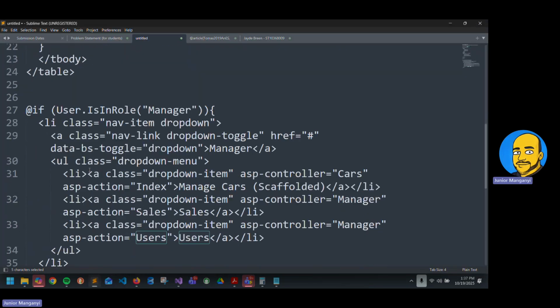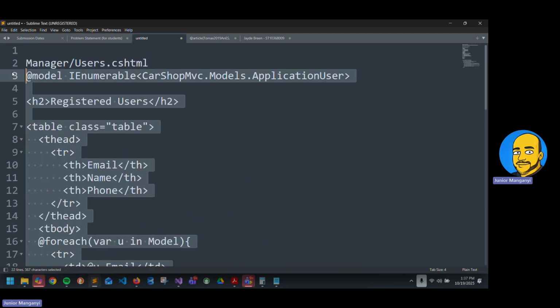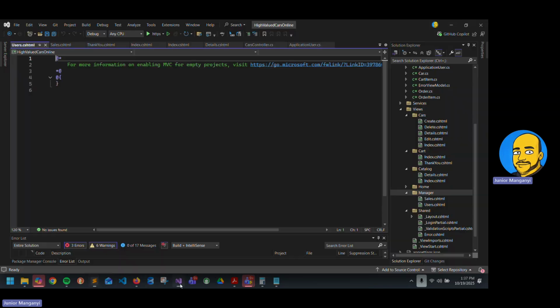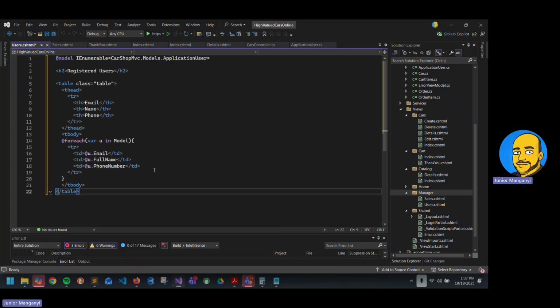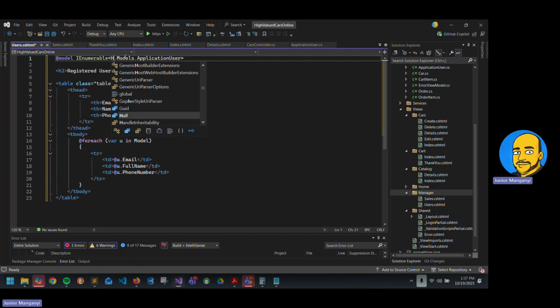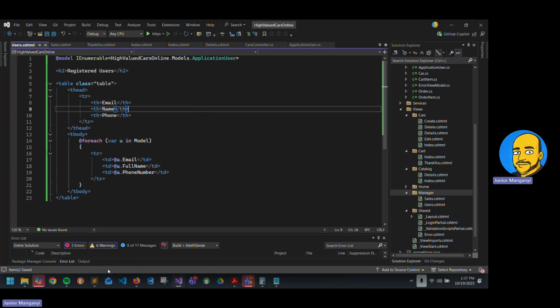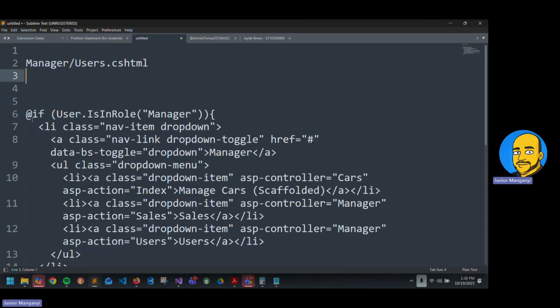Then we'll see where users end. It ends there. Cut. And then Control A, we paste. And then that should be high. Save. And then lastly,